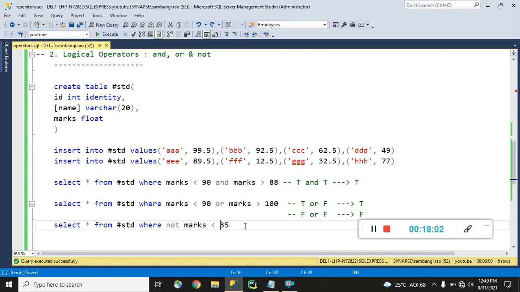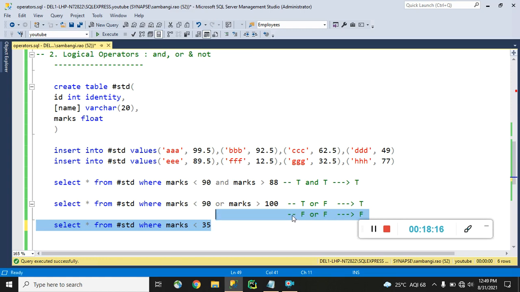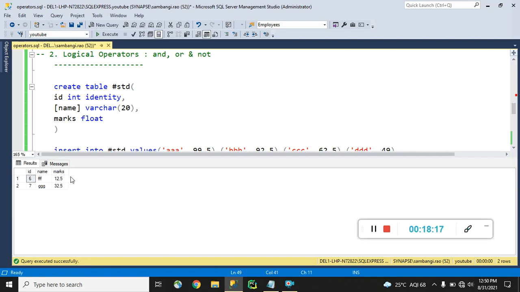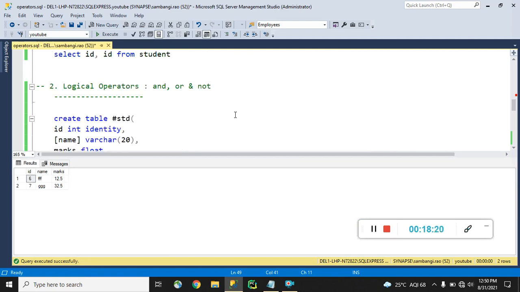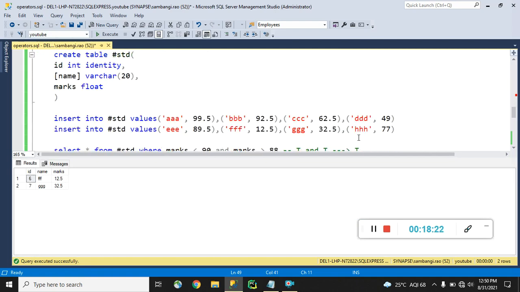I am going to execute it because it is a condition. See, guys, only these two people, F and G, are having below 35.